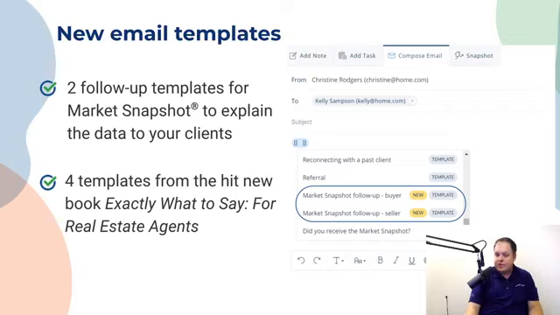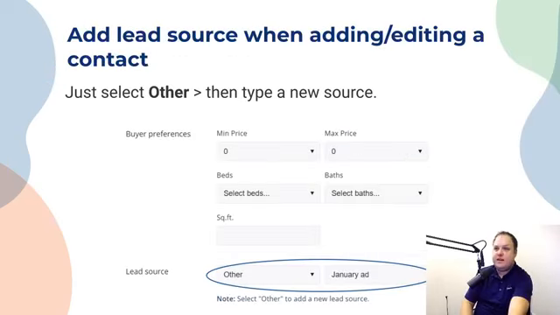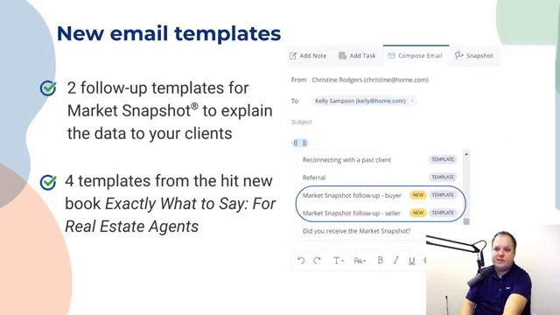John asked, hey, can you add a lead source to an existing contact? Yes. So just going back, just hit edit contact, and then again, go down to lead source. And again, there's a pre-built list of lead sources, but if one of your lead sources is not in that list, you can create your own. So again, you can do that for any new or existing contact. All right. And so again, just follow up. These new email templates are there.